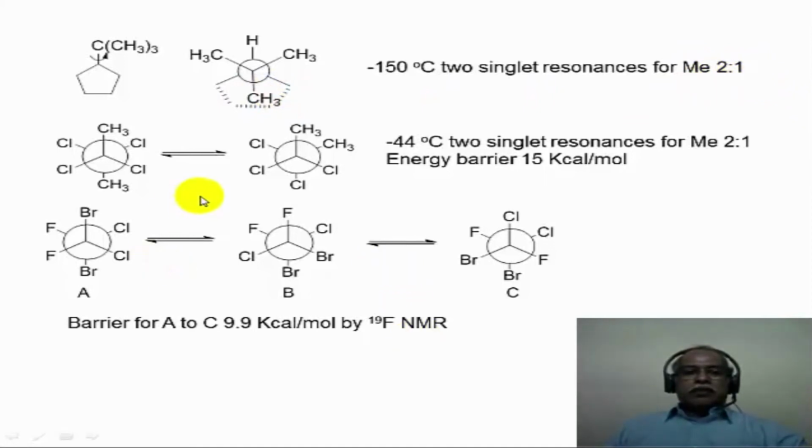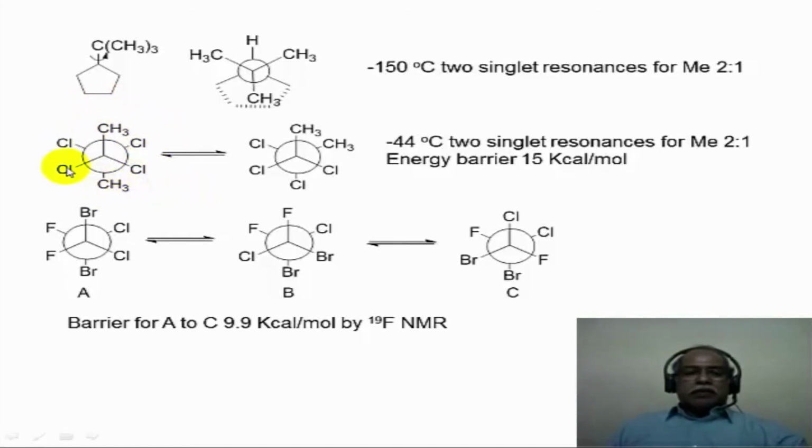Now let us take the example of 2,2,3,3-tetrachlorobutane, an n-butane derivative for example. Here the chlorine groups are fairly bulky, so one can freeze the rotation of this particular molecule. The carbon 2 carbon 3 bond rotation can be frozen. Under these conditions, if you look at the very low temperature NMR spectrum, these are probably the 2 conformations which are going to be the most populated among the various conformations that are possible, because these are the 2 conformers which are staggered conformations. Now if you look at this conformation alone, the 2 methyl groups are in a chemically identical environment.